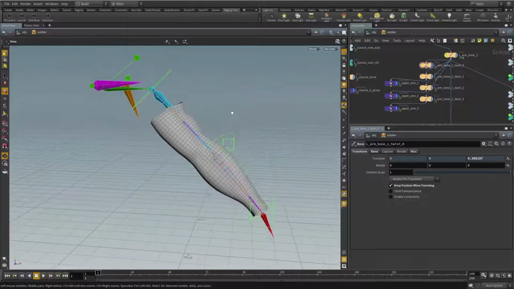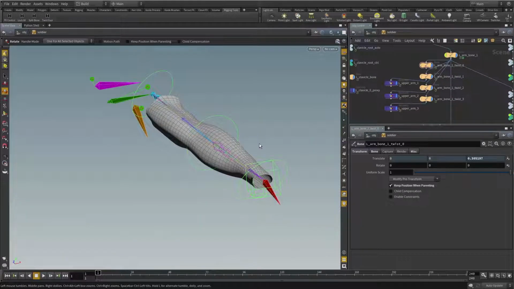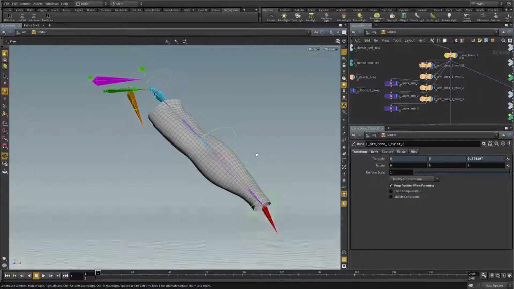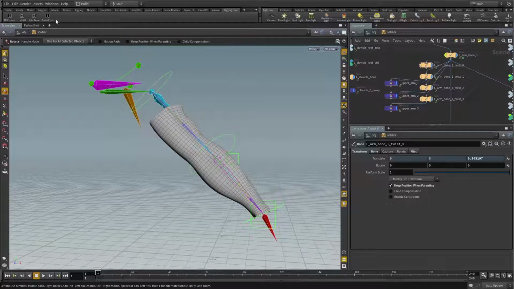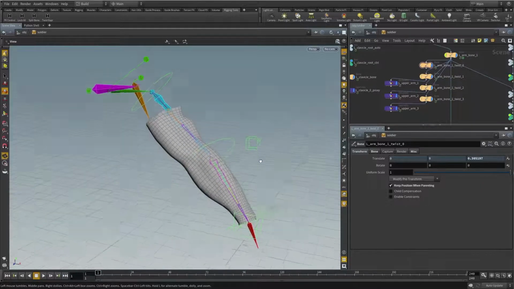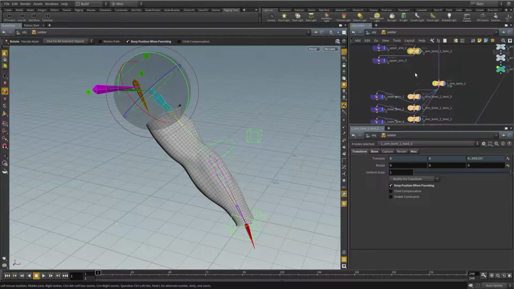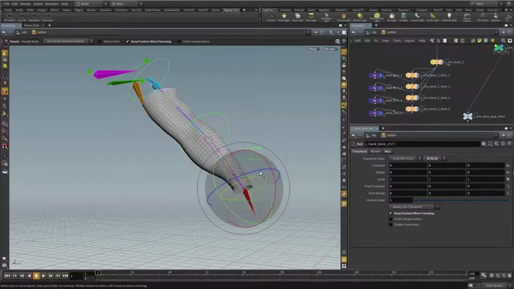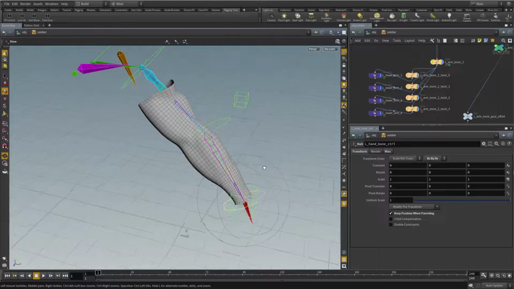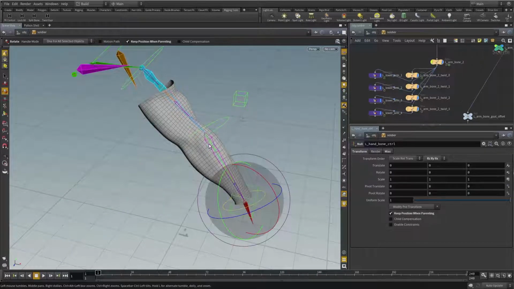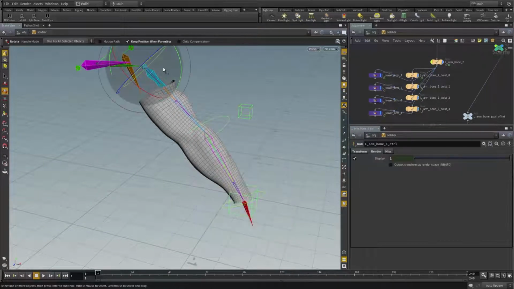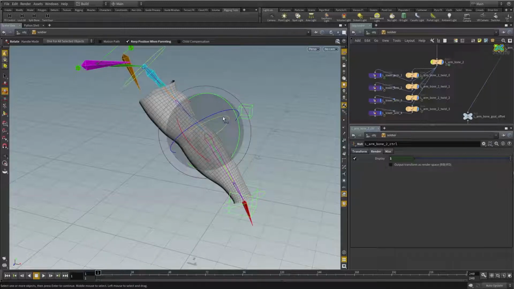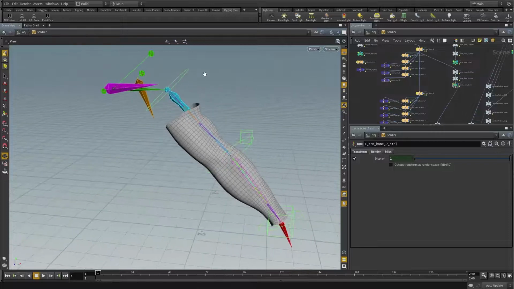So now that we have the proxy geometry and we have the controls that we need, we can use this twist expression shelf to set up some expressions on our twist bones so that when we twist this hand control in Z, we'll get a nice twist distributed up the forearm, and then from the shoulder down to the elbow, and then at the elbow up and down the arm. So we'll start up here at the shoulder,